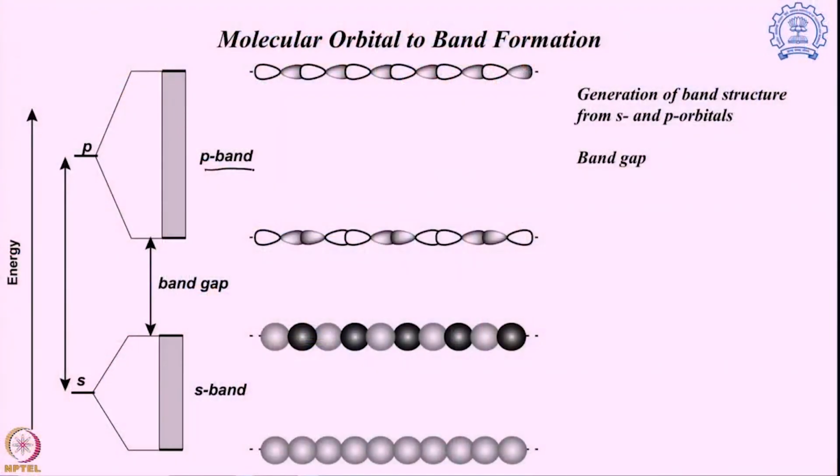Then we can have the same thing happening with the p orbitals also, which will give me a p band. So, over here, as I have shown, the p orbitals coming from each of these atoms can come and interact, and over there I am showing the most stable bonding orbital. So, say this is the interaction. The p orbitals are lying in such a way that they only have bonding interaction between them, and so on and so forth. So, over there you can see the 2 different sets of p orbitals are having bonding interaction,